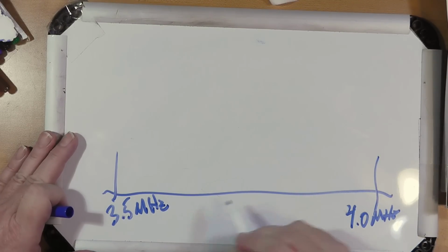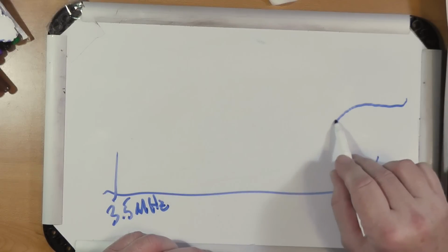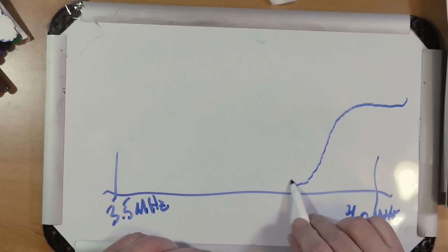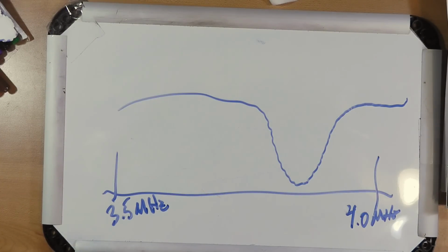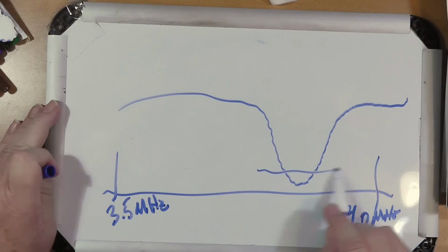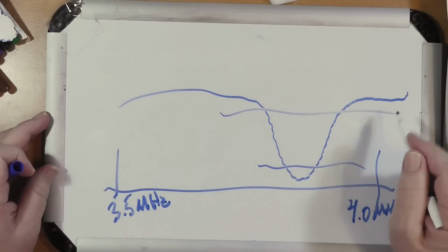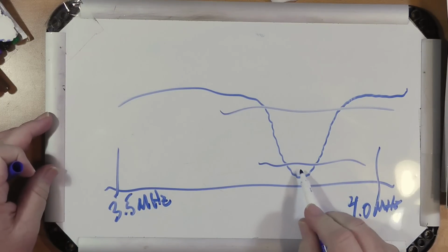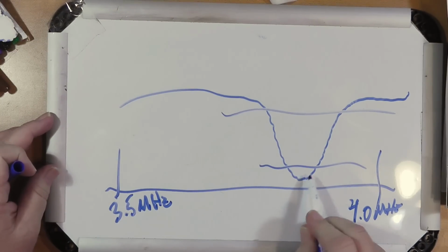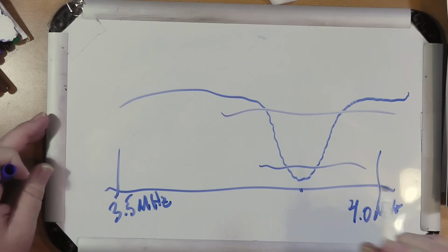Okay. The SWR on the thing is going to look like this. It's going to be quite narrow, and this will be about your 2-to-1 bandwidth right here. Up in this region here, you're 10-to-1 or higher. Now, you can tune it around just a little bit with the tuner, not very much. This will not touch 1-to-1